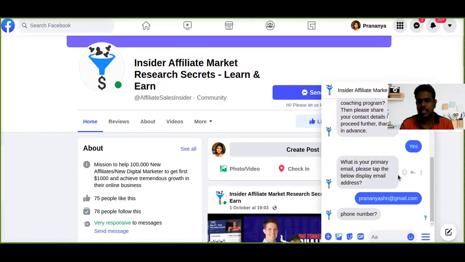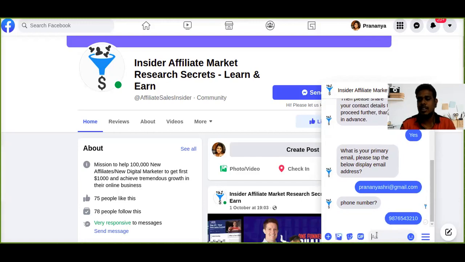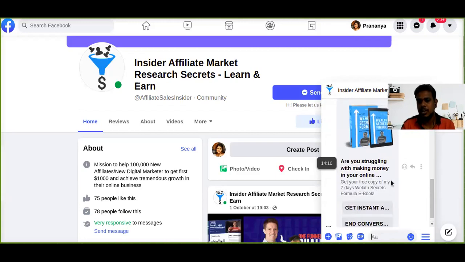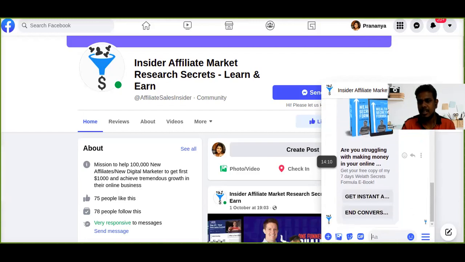Okay. After this email, what is next? If the user doesn't have a mobile number, they can enter their mobile number. If they have already provided the mobile number, it will be displayed over here. You can just tap on it. Okay. After this phone number, you'll see it automatically takes you to another